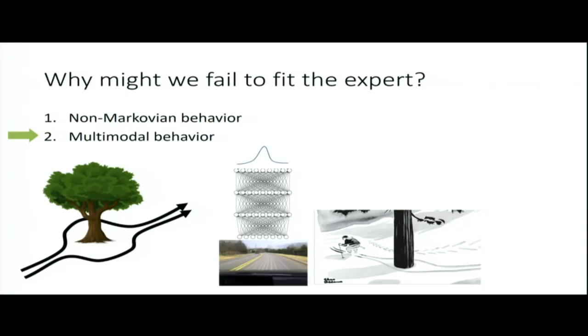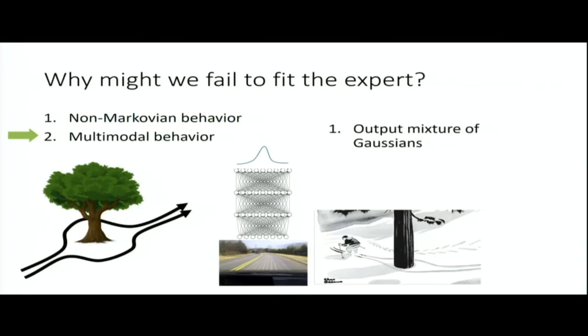And this turns out to be a special case of a bigger problem that happens very often in imitation learning, which is that people are kind of inconsistent. People don't actually do the same thing twice, and not just because it depends on the history, but because there are other reasons that cause them to do different things. So they will drive left or right around the tree for seemingly arbitrary reasons, even when it's not optimal. This is an extreme case of it, but it happens very often in imitation learning. So what are some ways we can address it?